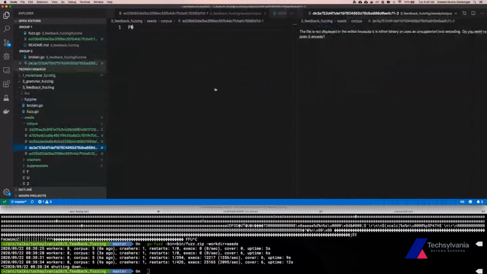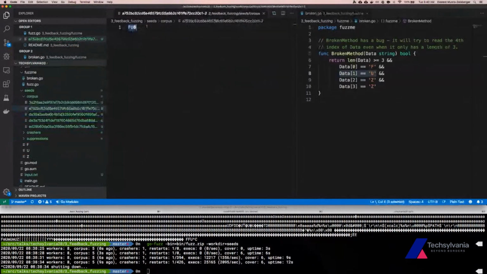There you go. So now we had FU. What that means is that the fuzzer ran through F. That was true. It hit the fact that U is also part of the string in the right place. True. And it went to the next line, and that was false. And so it saved that as another input to possibly test, because it had covered a new line of code